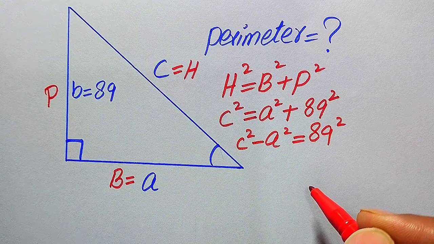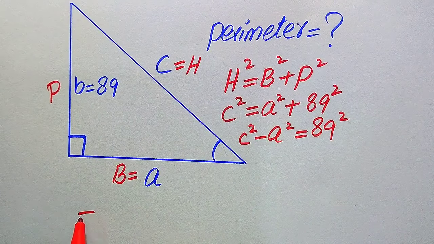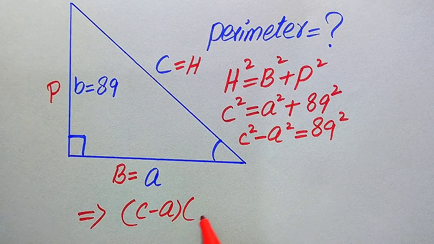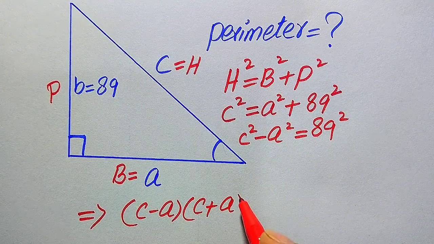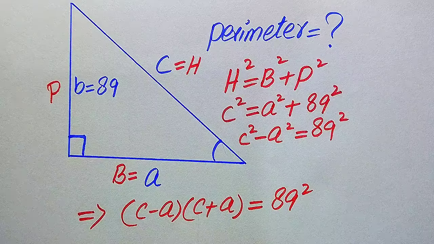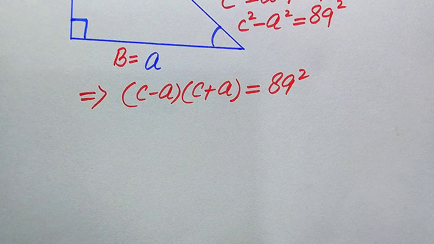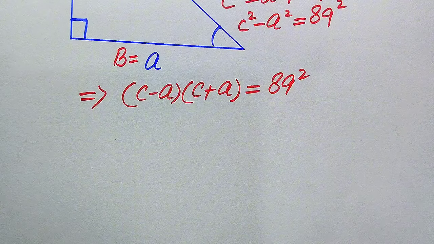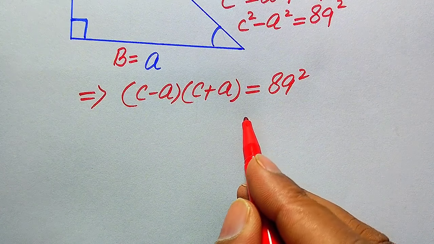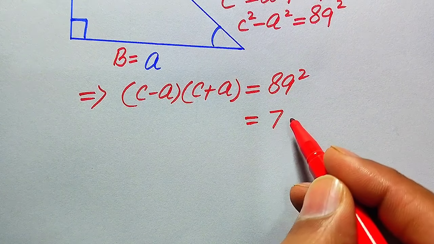And now further in the next step we need to use the nice algebraic formula, and we write C square minus A square as C minus A times C plus A is equal to 89 square. And further in the next step we need more simplifications, and here we can expand the square of 89,